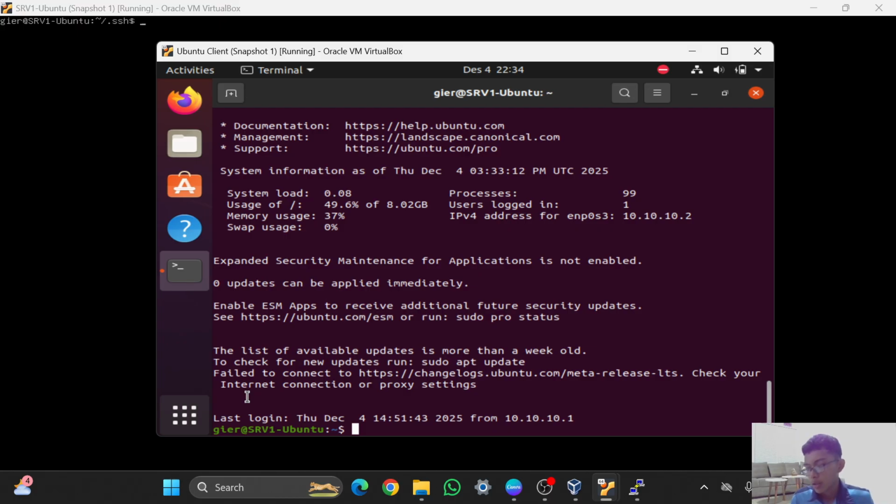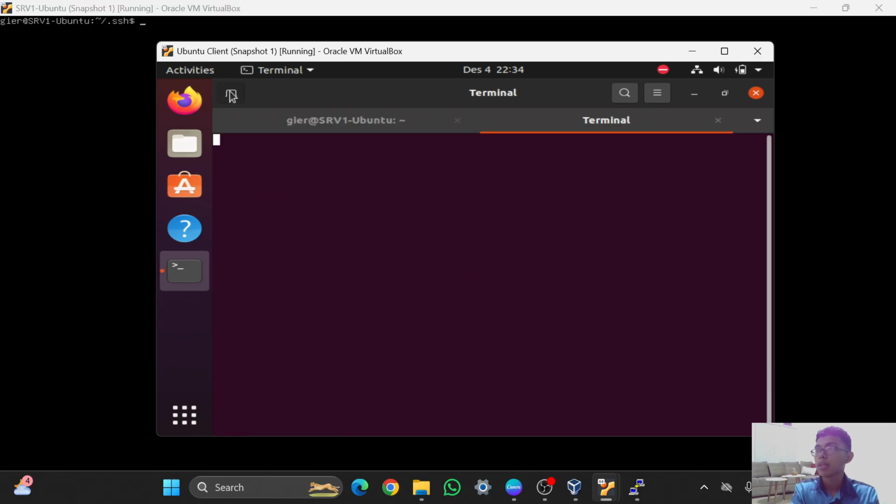So if you already made a public key, it can be shared to any server, so you don't need to make another private and public key. I've created the public key on this Ubuntu client, and I can also use that public key to import it to server 1 and also server 2.